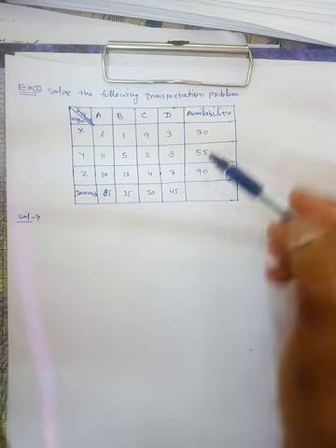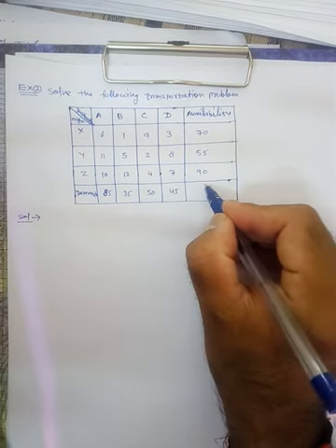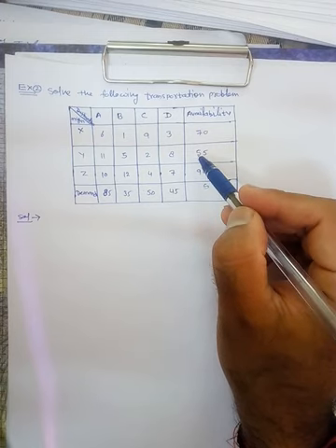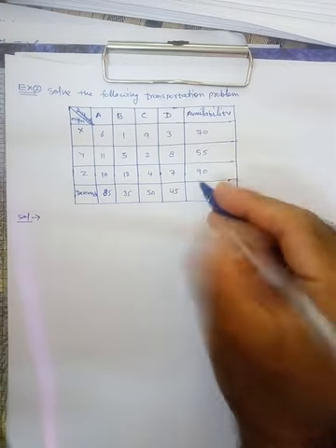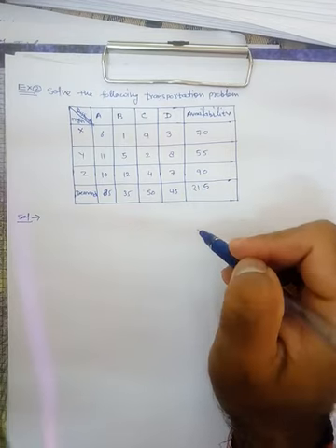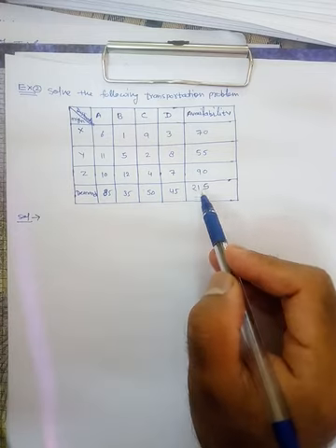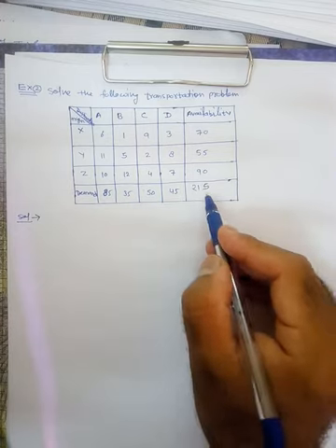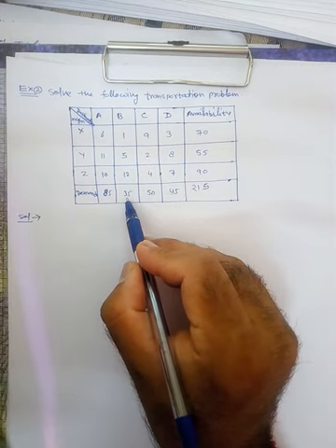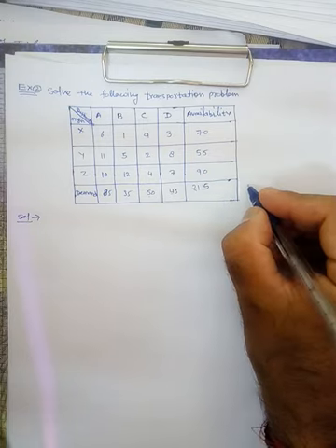So first take the sum of all the availabilities. What is the sum? Sum is 5, then 7 and 5 is 12, 12 and 9 is 21. So this is the sum of all the availabilities. Now the sum of all the demands: 5, 5 and 5, so 5, 15, 15, 5. Here it is 5, 10, 13 and 8, 21. So it's a balanced transportation problem.